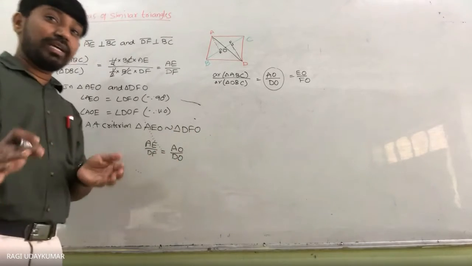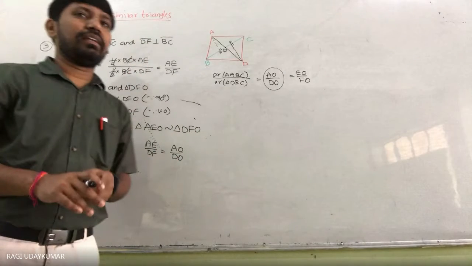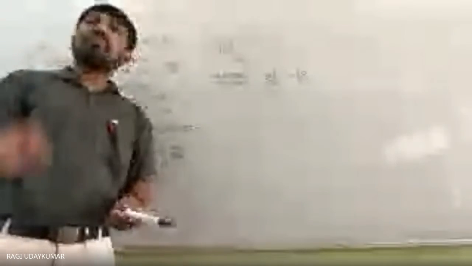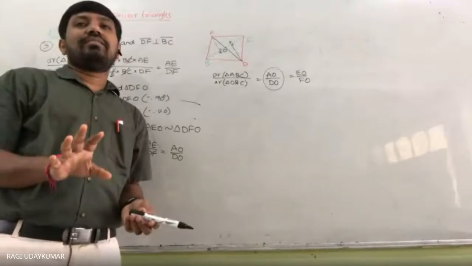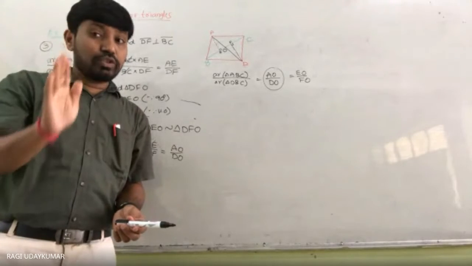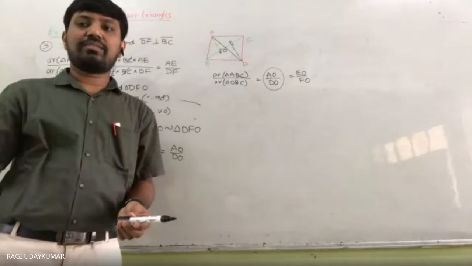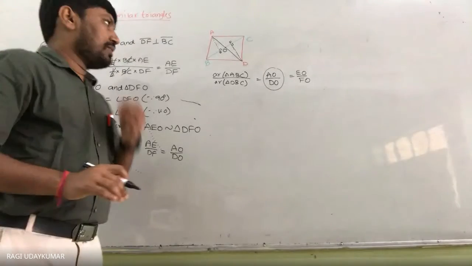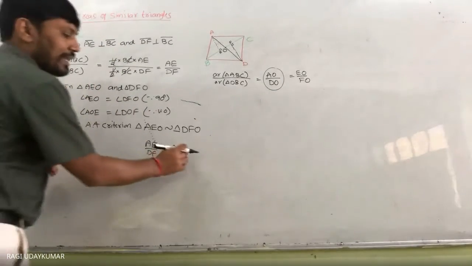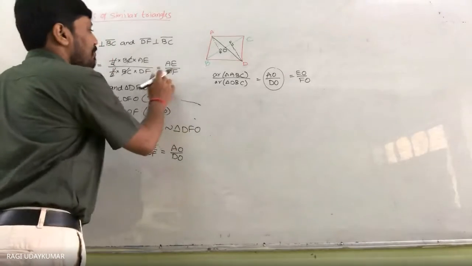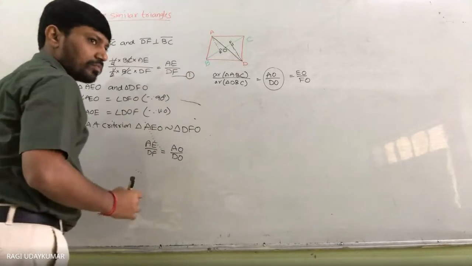The question can be changed a little bit by dropping the perpendicular. Think that, sir, the question is wrong? No. When you are trying to remember the question blindly, you are not supposed to remember. Mathematics is not a subject like that. So here, you can write EO by FO also.